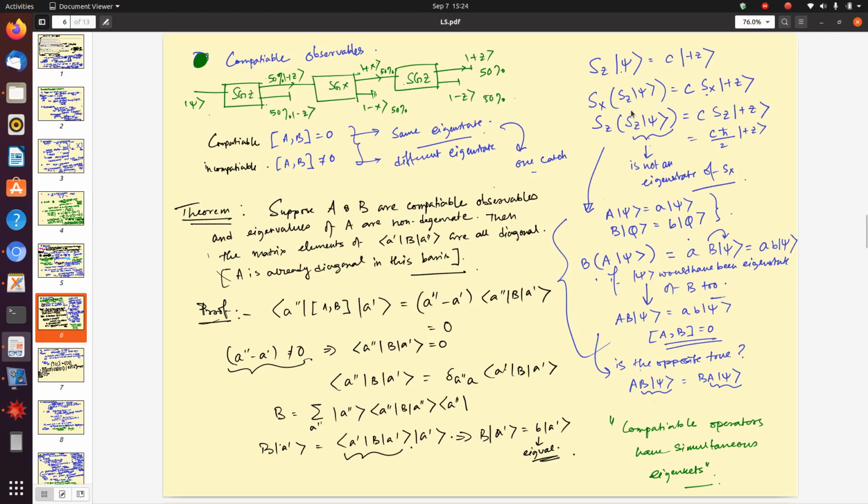You can already see that this act of doing these two measurements changes the psi to another state, which is something called SX plus Z. But if you do both of the same measurement, you will get an output which is simply plus Z, which is the same as what you get after the first measurement. Okay. So, how do you account for this? This is because this psi is not an eigenstate of SZ. So, it will project it into one of these eigenstates, plus Z. So, when you do a second measurement, you will get the same thing that you already know from the previous discussion, but in this case this outcome will be different.